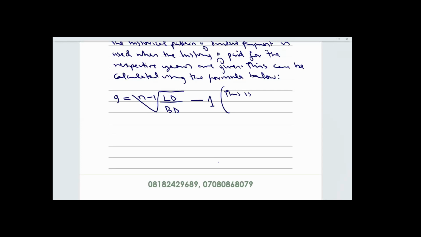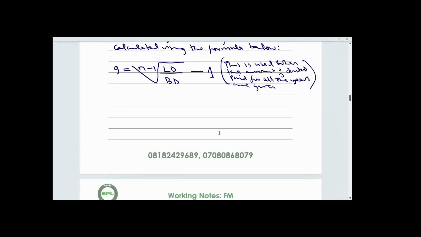This is used when the amount of dividend paid for all the years are given. So when you are given the dividend paid across all relevant years, then you are supposed to use